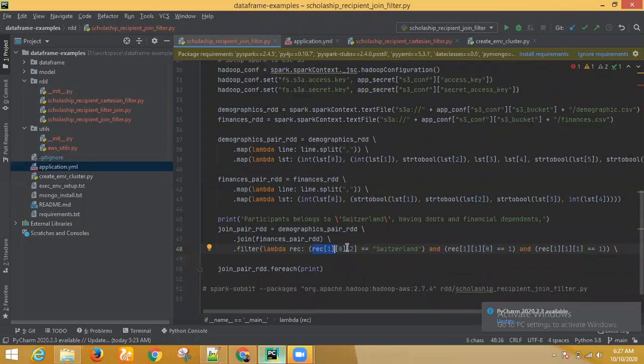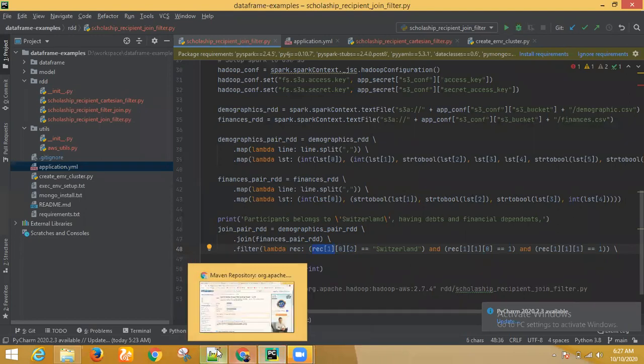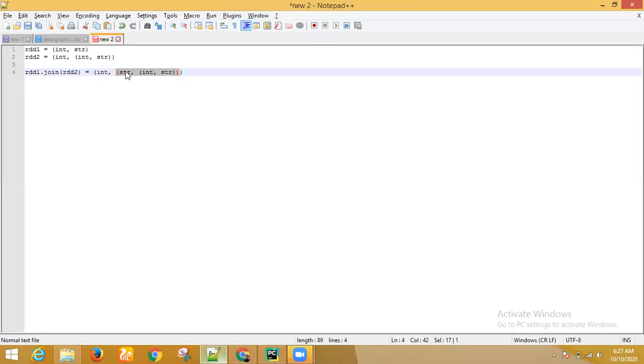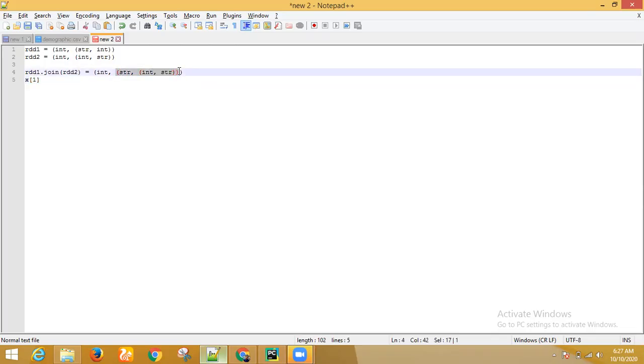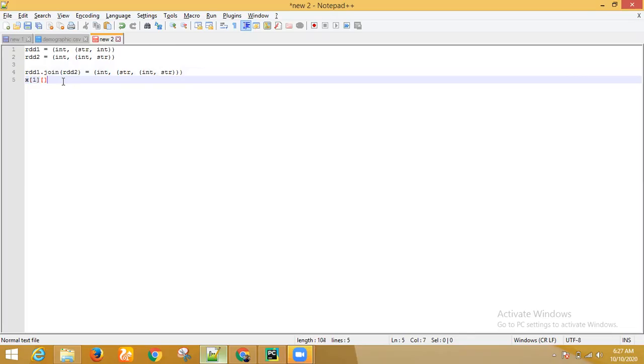Then I'm saying again dot 0. Okay, means square bracket 0. That means I'm trying to access the first element. Here it is string, but assume it's not a string. Say it is also a tuple, the string comma integer. So when I'm saying some variable, say x of 1, it means the entire value part. Then I'm saying again square bracket 0.